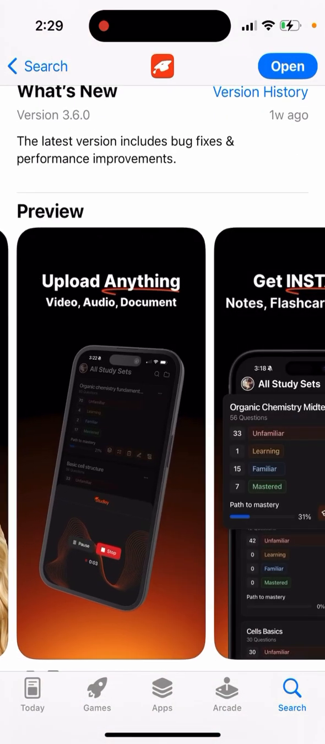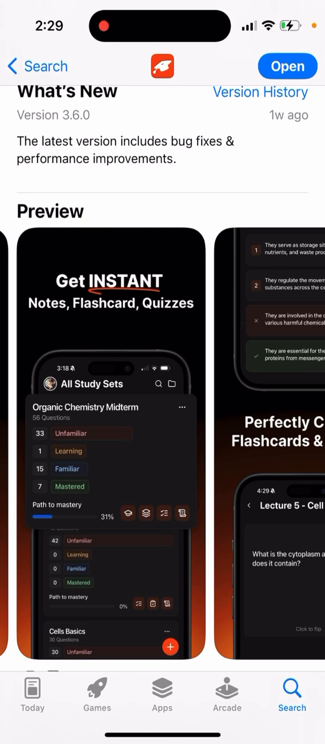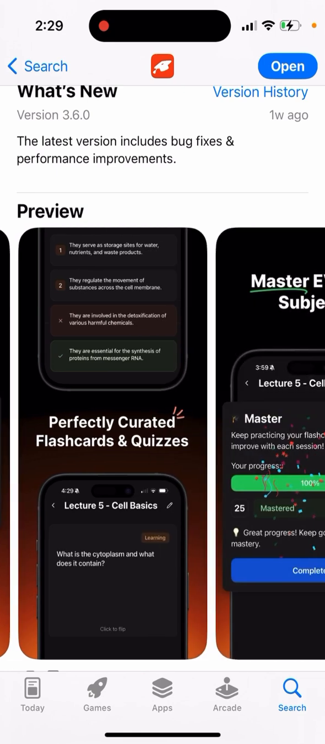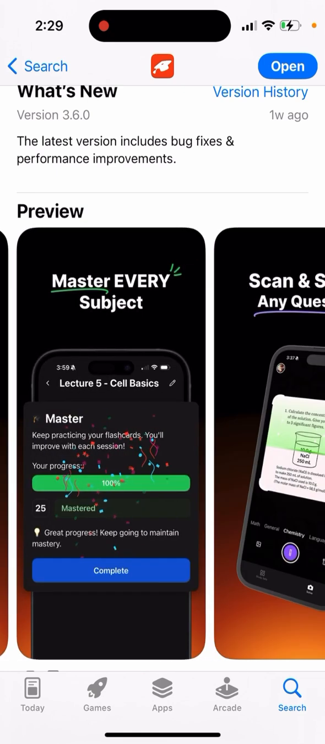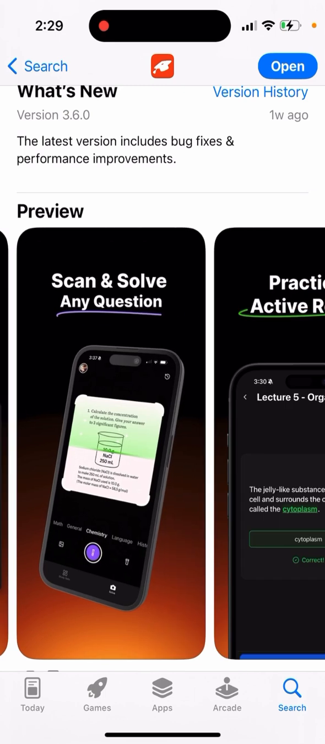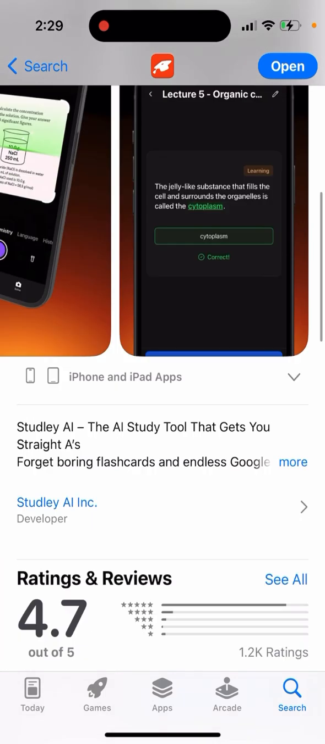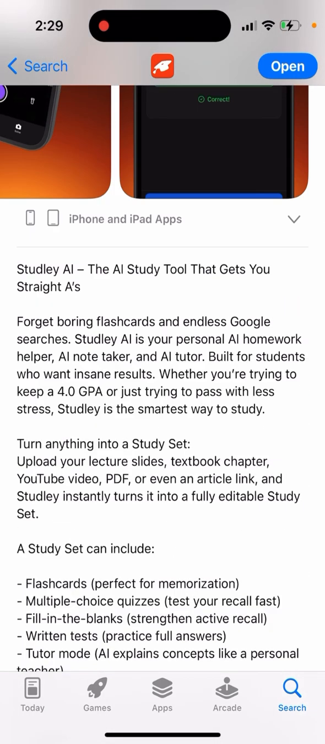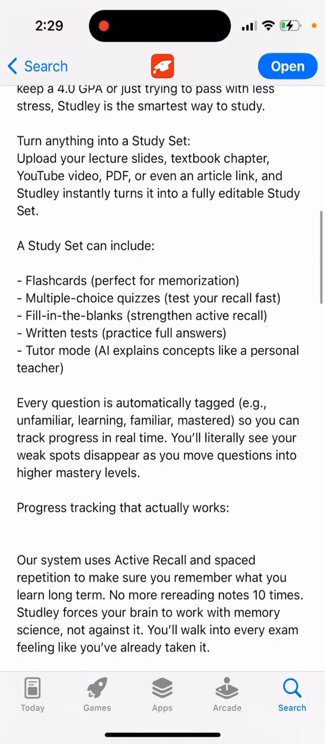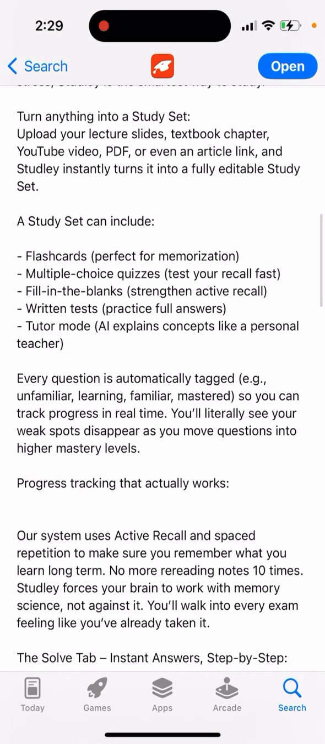Upload anything: video, audio, document. Get instant notes, flashcards, quizzes. Perfectly curated flashcards and quizzes. Master every subject. Scan and solve any question. Practice active recall. So yeah, basically the idea: you have a lecture, you have a big PDF document, you have a long